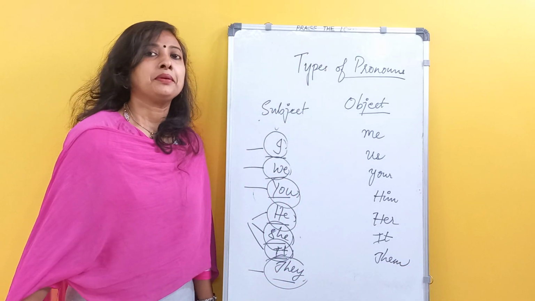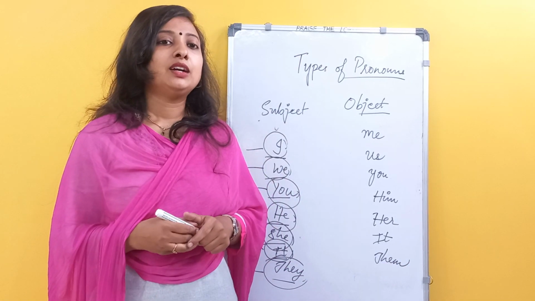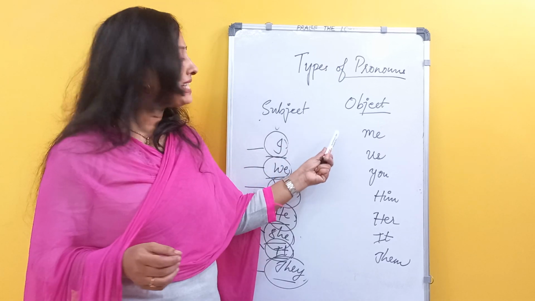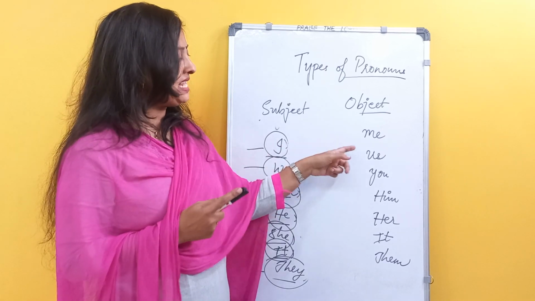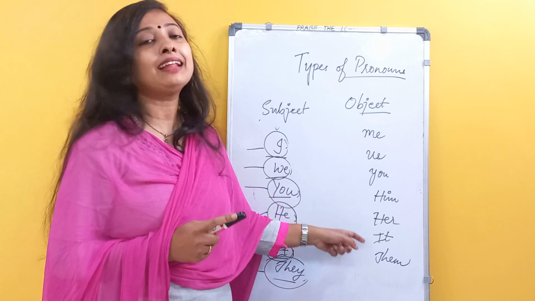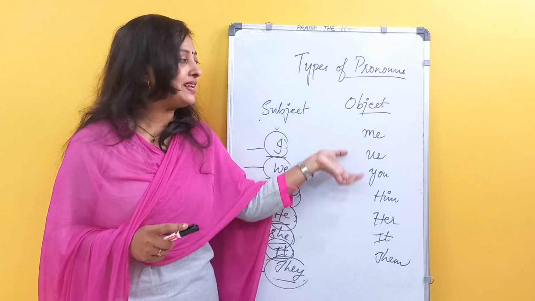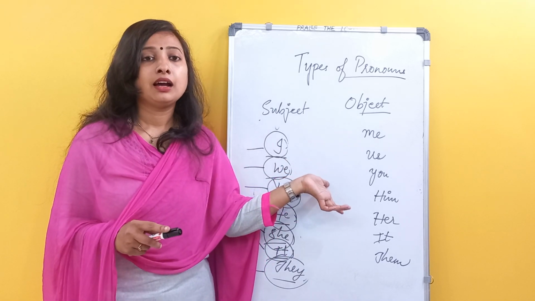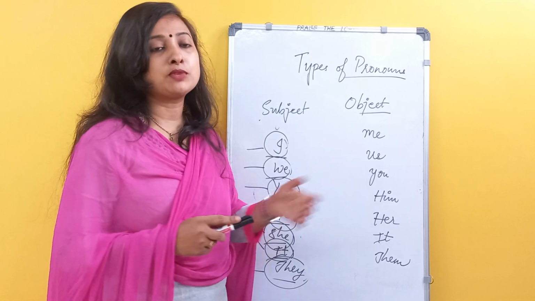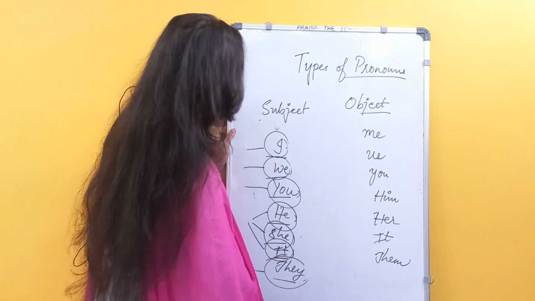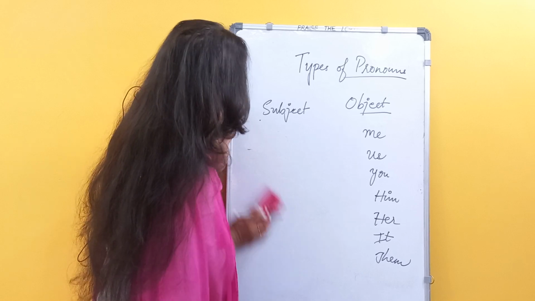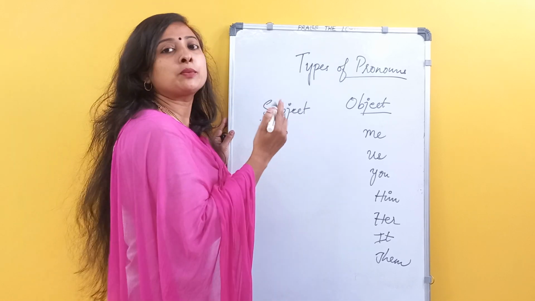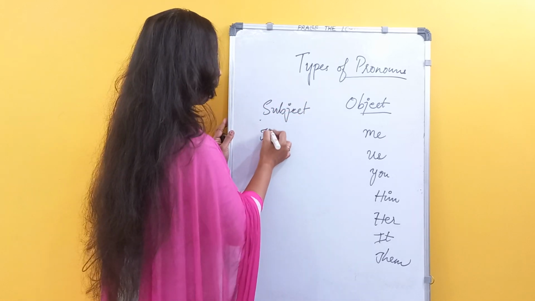Right? Okay, so these are the object pronouns: me, us, you, him, her, it and them. Now we will see some sentences, how they will come in when they are taken as object pronouns. Like, so we have seen with I, isn't it? So in object pronoun, suppose they